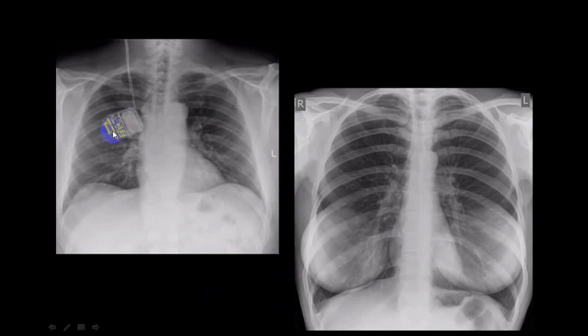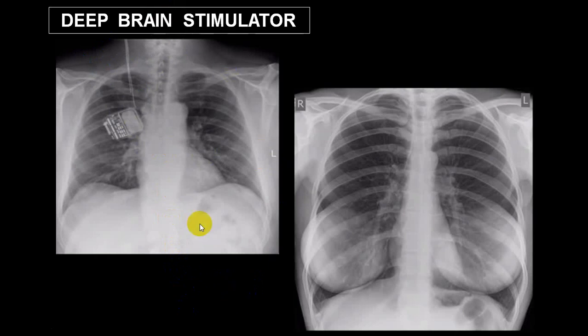Now you can see that in this particular device, the wire is not going inside into the cardiac chamber, it is going up. So this type of material is sometimes for what we call deep brain stimulation, or a stimulation for the vagus nerve. Very frequently done in a case of epilepsy also. So this is very frequently utilized in deep brain stimulators, stimulating either a vagus nerve or an electrode is going inside into the brain substance.